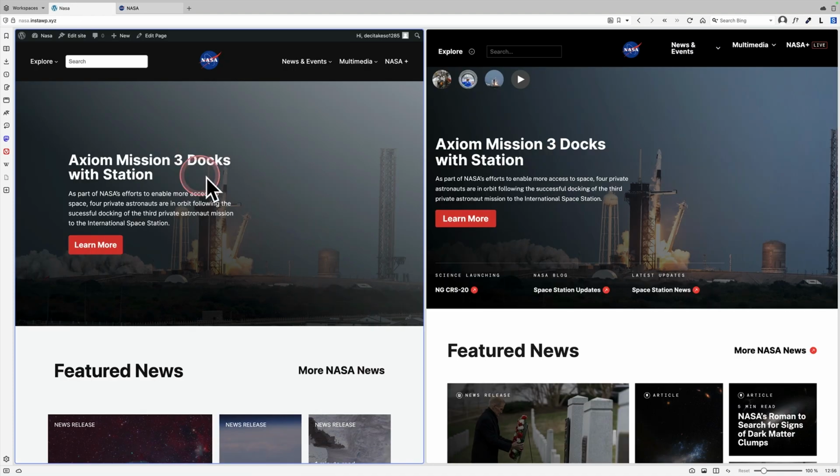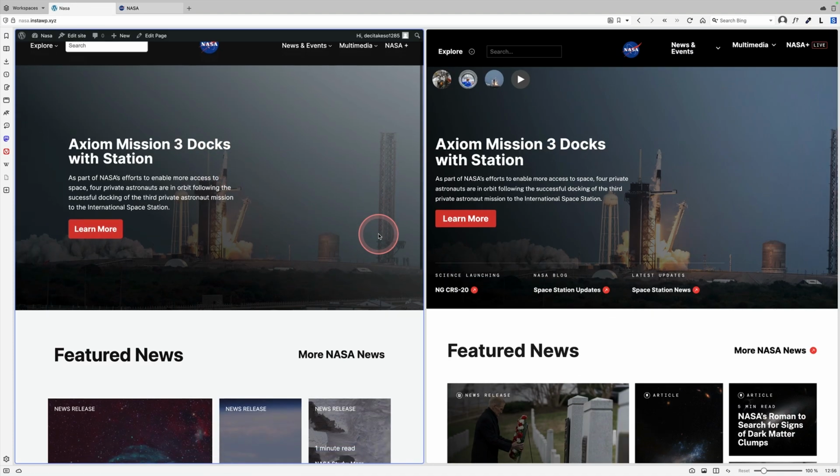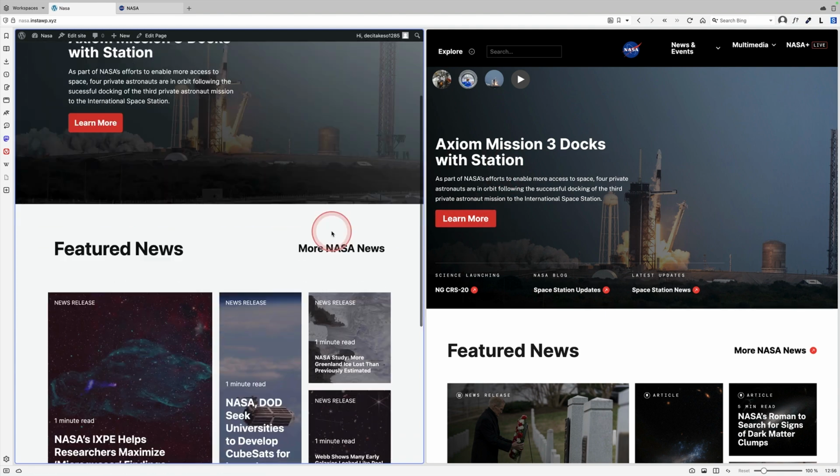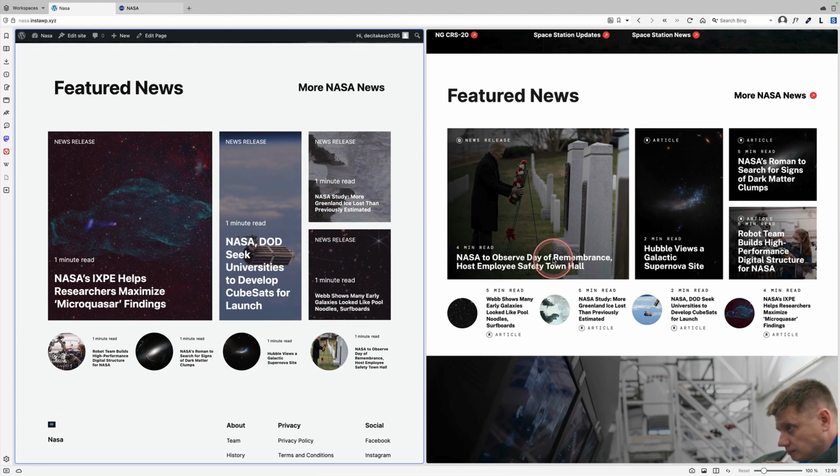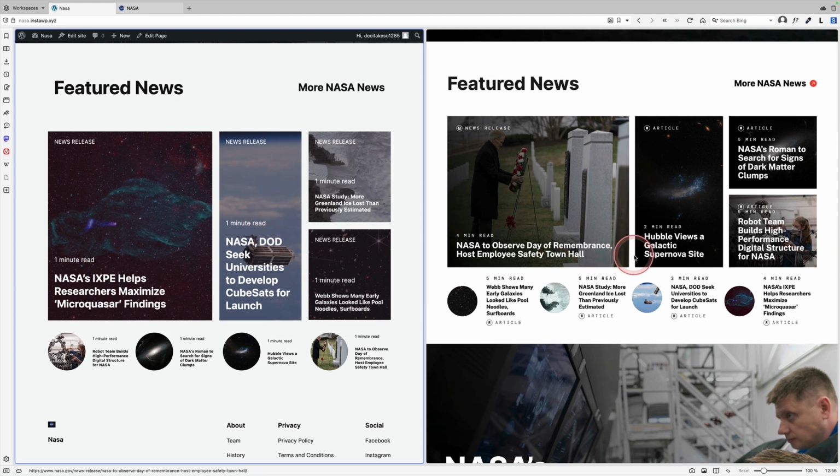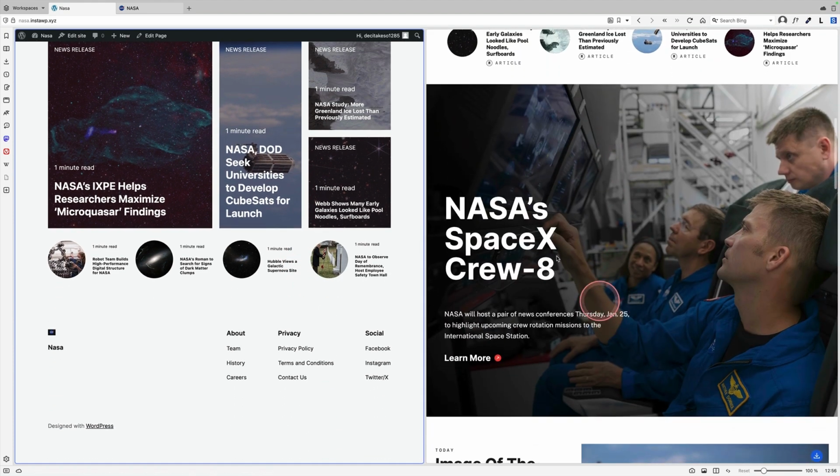So this is where I'm at. This is my site over on the left. This is the official NASA website over on the right. It's pretty good. It's not exactly perfect, but it's for 20 minutes work. I'm happy with this section here. This is my post grid. This is their post grid. Actually, theirs is quite a bit shorter, so I'll probably change that, but it's okay for now. Let's move on though. We've got this section down here.